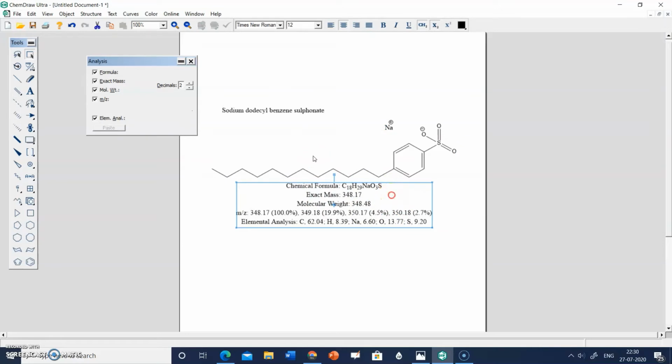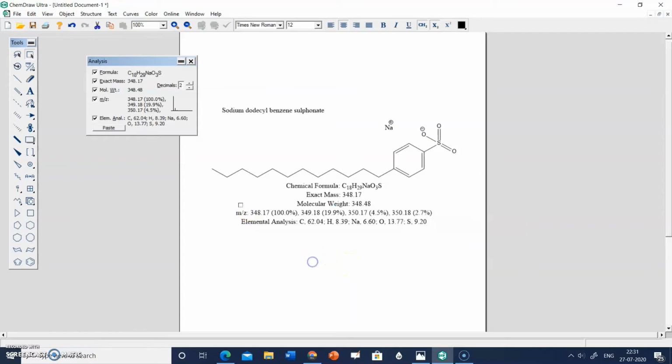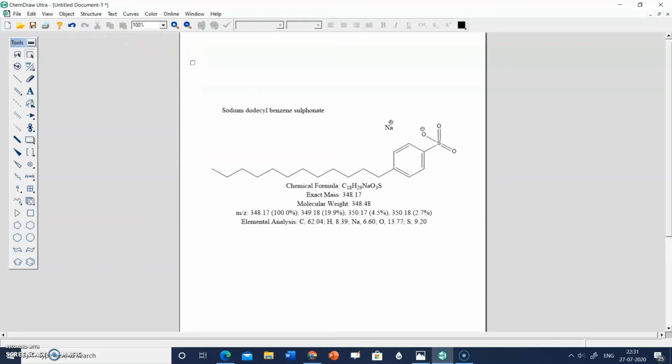If you select this analysis of the structure and right click, you can convert name to structure also, and there are options for cut, copy, paste, etc. So you can do that also. One method is by clicking on view and then show analysis window.